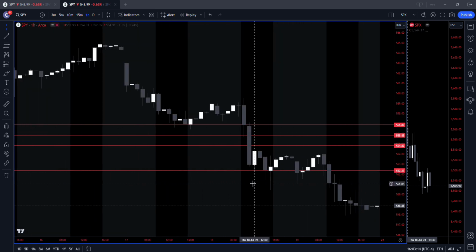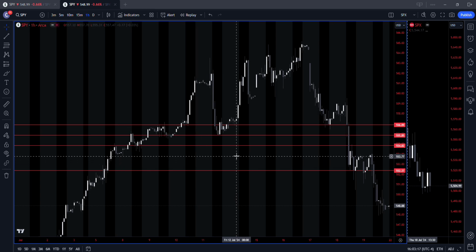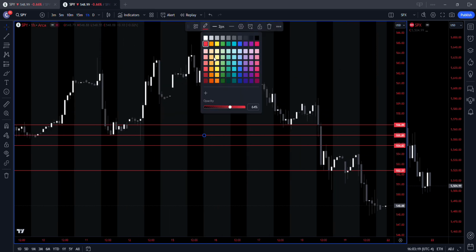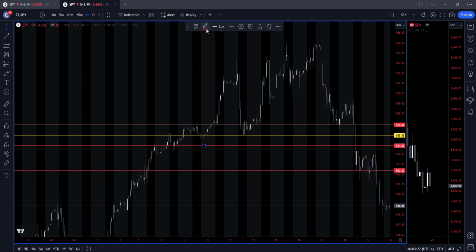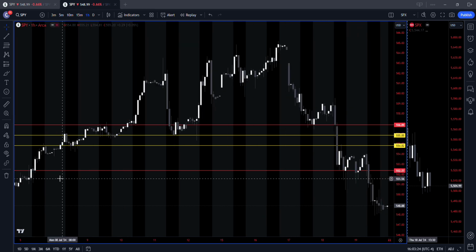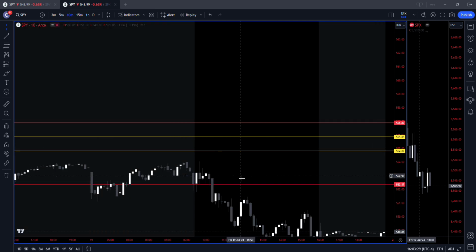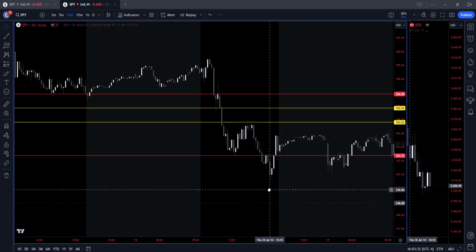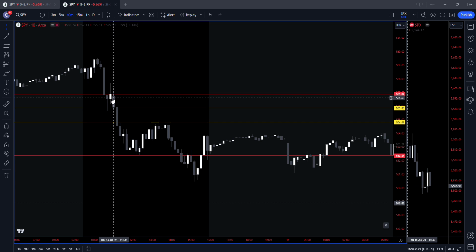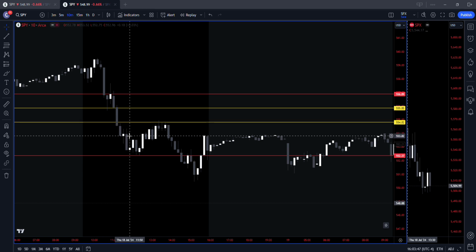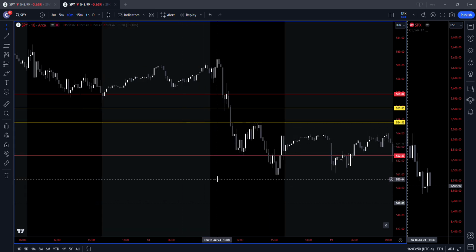Okay, so since we already know what's going on with price and you have your levels, and like I said, you can always change these levels to different colors, and always mark your main areas. Let's just say you got in the trade. Let's just say you missed the trade right here, and you took a starter here, you came down, you sold, you had a really good trade. Now, if you look at the